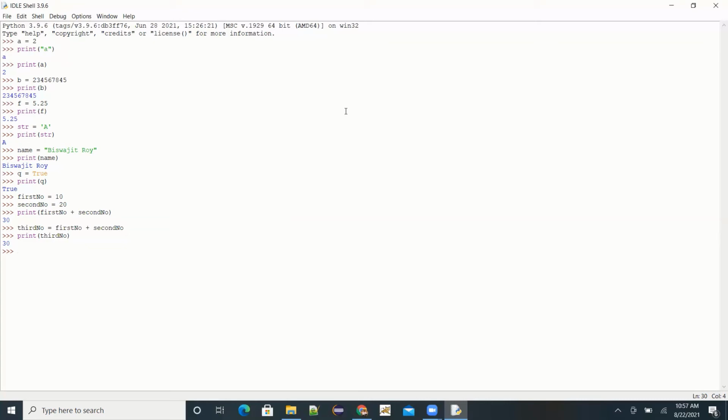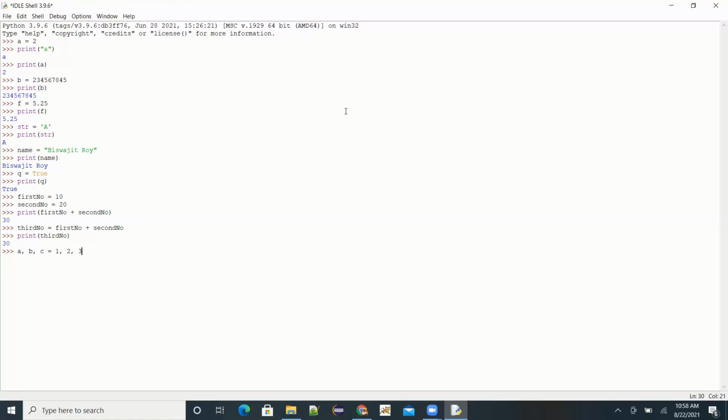Okay. So this is how we can assign the values into the variables. Now, while we are learning this, let's learn a little bit deeper of it. How to assign multiple values together. Say, I want to assign values to variables A, B, and C in the same line. Say A is 1, B is 2, and C is 3.